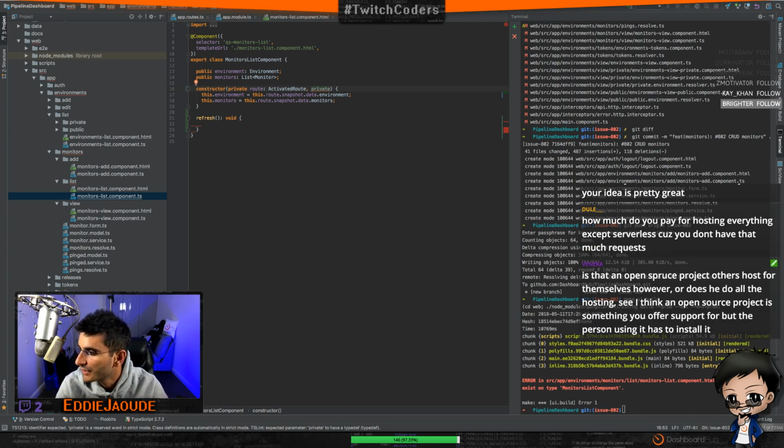How much do you pay for hosting? Everything except serverless, because you don't have that many requests. Serverless, I don't really pay for. DynamoDB, I don't pay for, again because there's not much data or many requests, and that's why I put the TTL on, so that our data stays pretty limited. S3 for the UI and the SSL certificates and all the rest. I think with API Gateway and all that sort of stuff, it adds up to be quite a lot. I think last month I was going to be billed 87p, but then